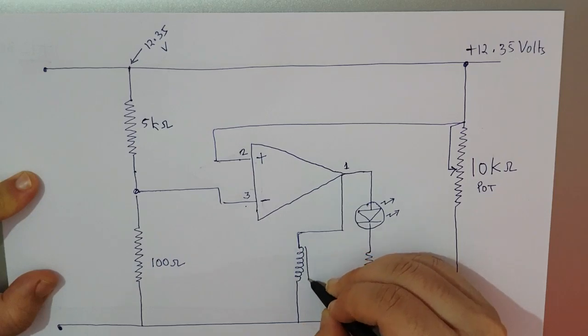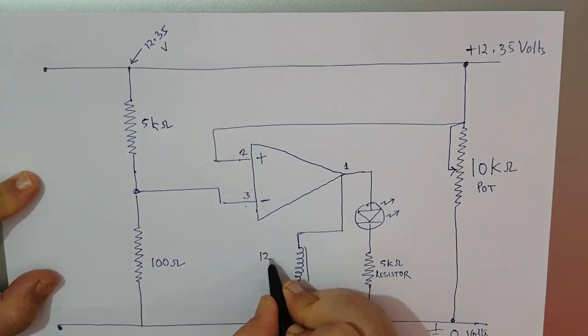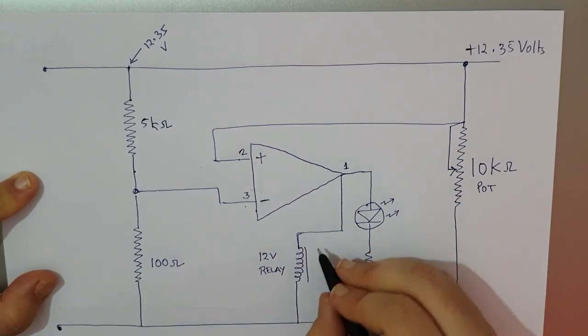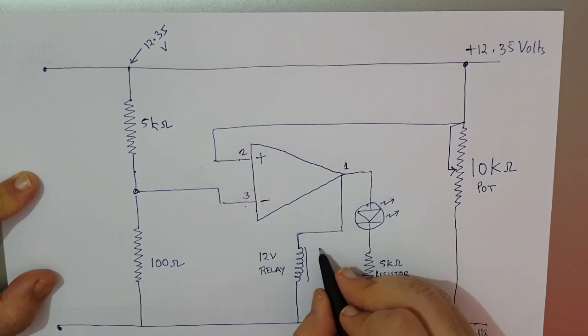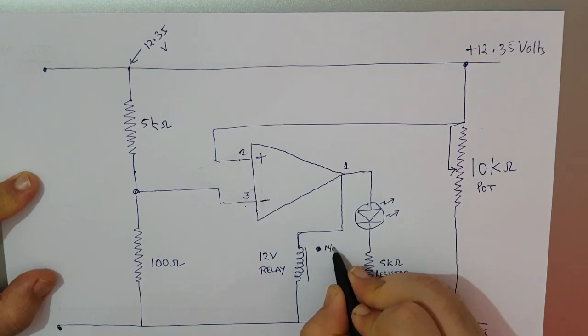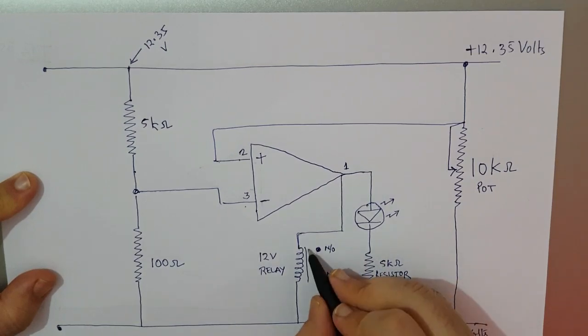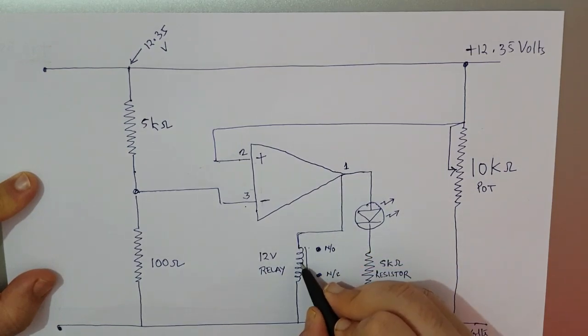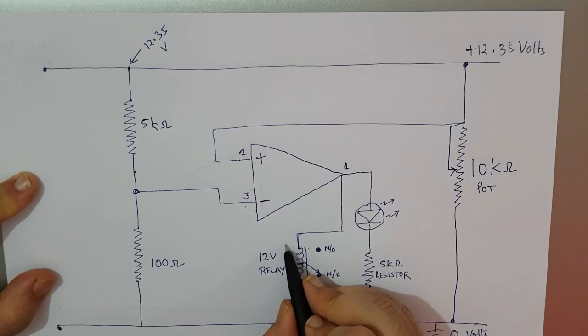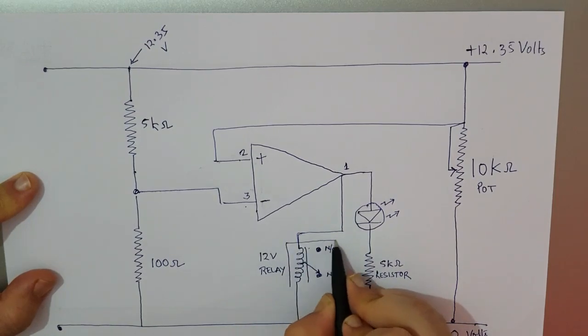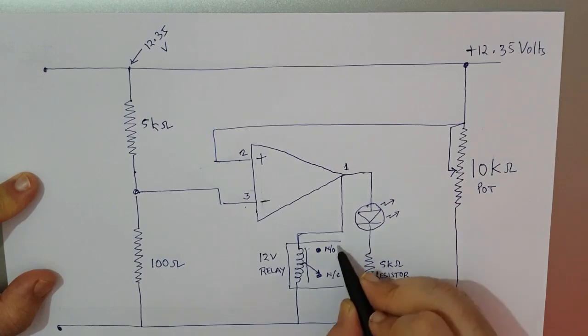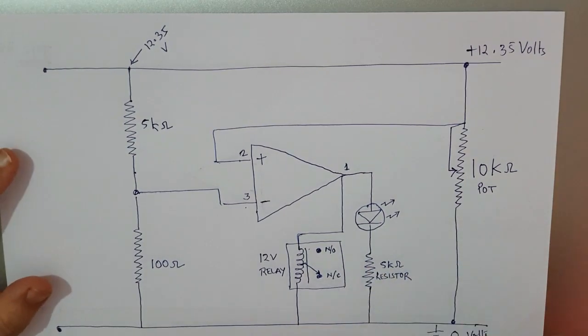There are normally open and normally closed points in a relay. In this circuit I am using a 12 volt relay, and as I said, there are normally open and normally closed points. Whenever the relay gets activated, it gets magnetized and sticks to the normally open part. So current flows through the circuit and the circuit gets completed. I am denoting here the normally open and normally closed section. I am enclosing that particular section in a box just to make you understand this is the whole enclosure of the relay.